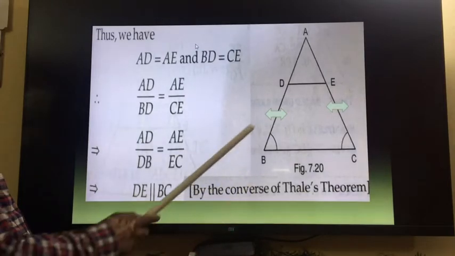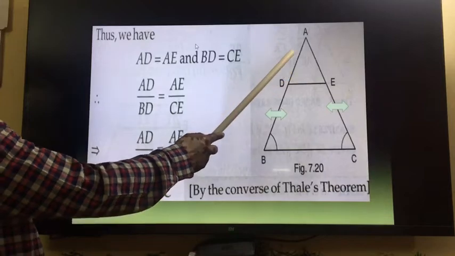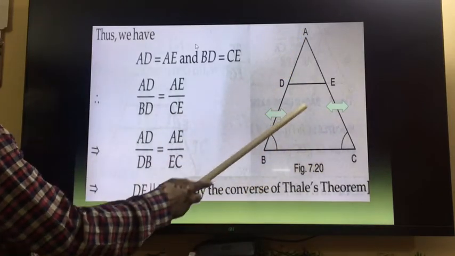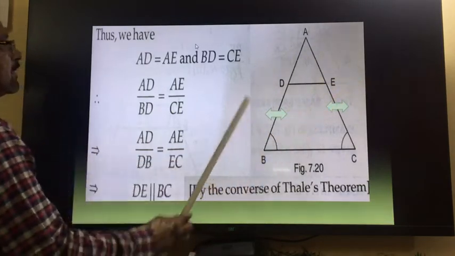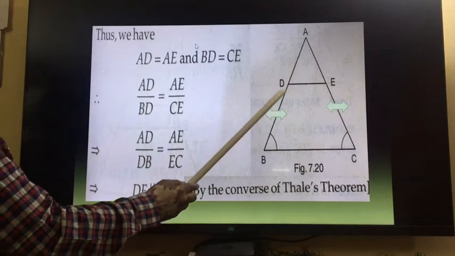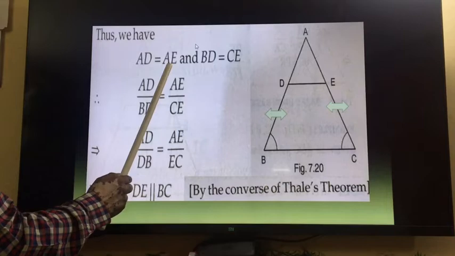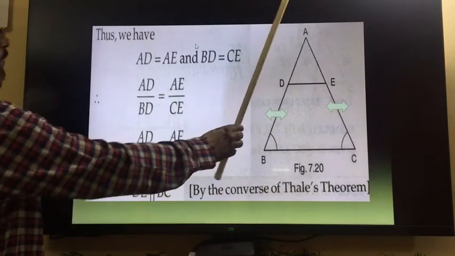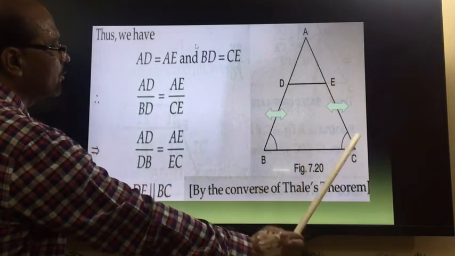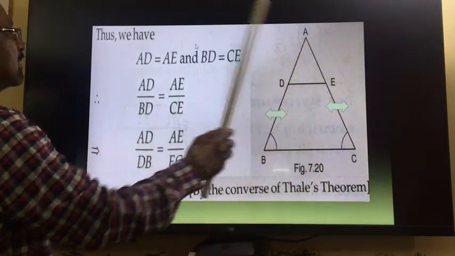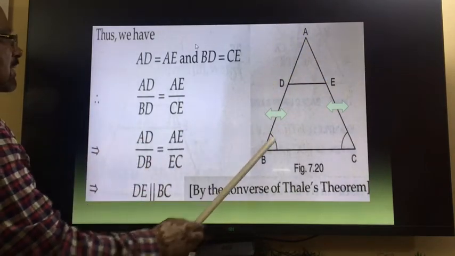Now you see this question here. In this triangle, this part is equal, right? And the full side is equal to the full side. So these two parts will also be equal. So by this AD is equal to AE. Why? Because the full line and full line are equal, and because this small part and this small part are equal, therefore this part and this part are equal. So we have proved AD is equal to AE and DB is equal to EC.